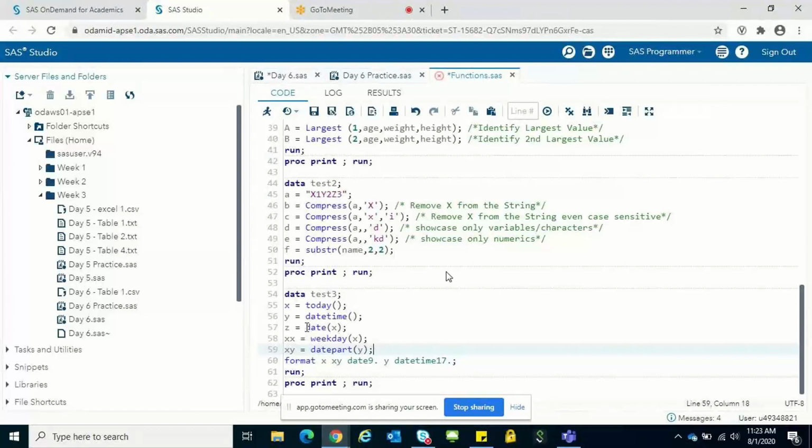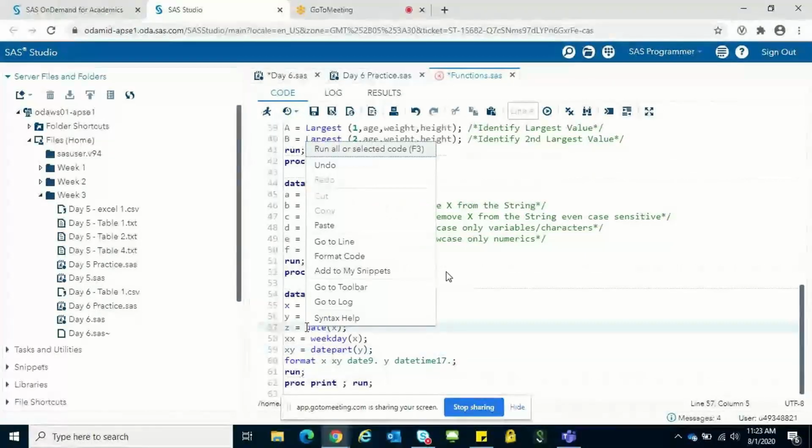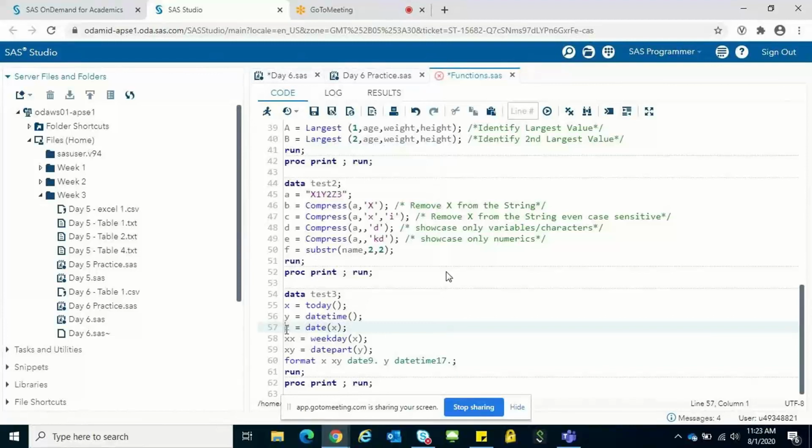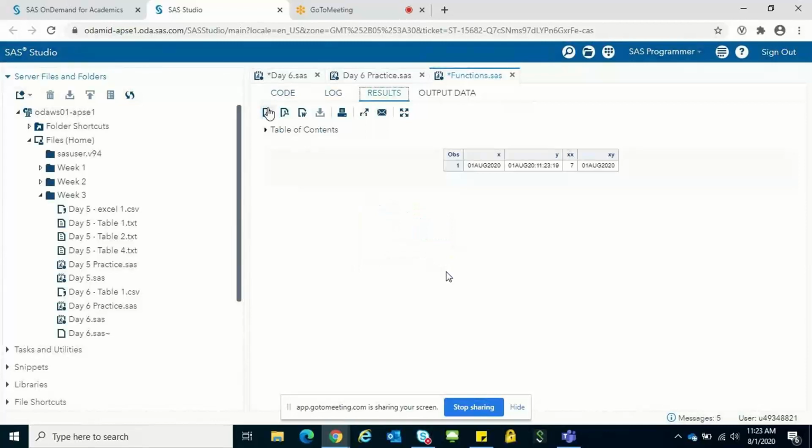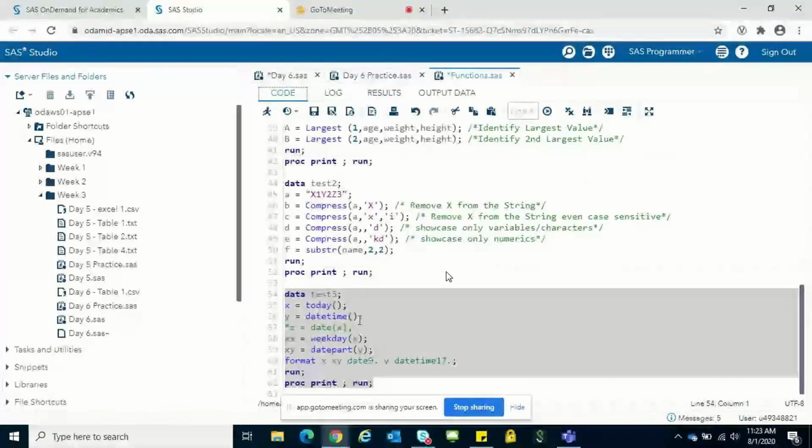Delete this for time being. Okay. So that's an error. So do one thing, write it again.